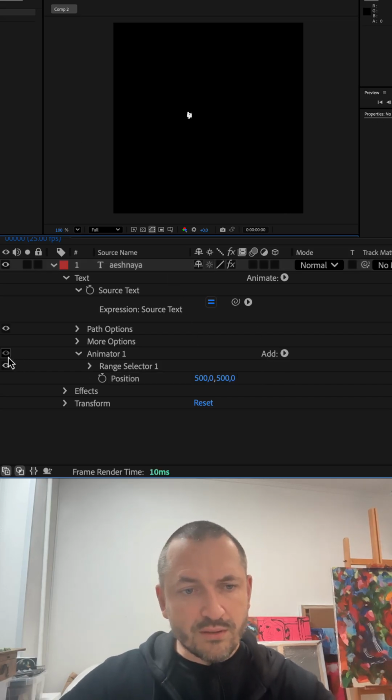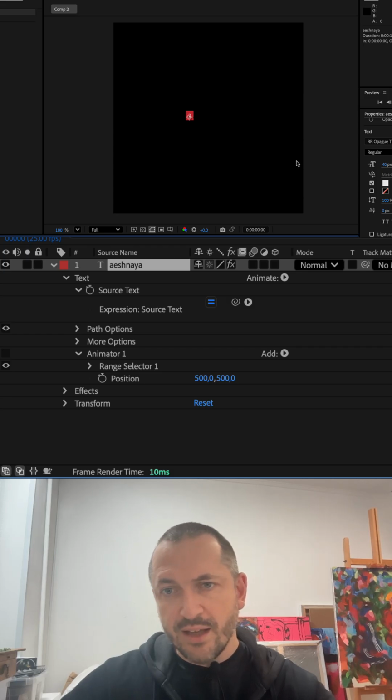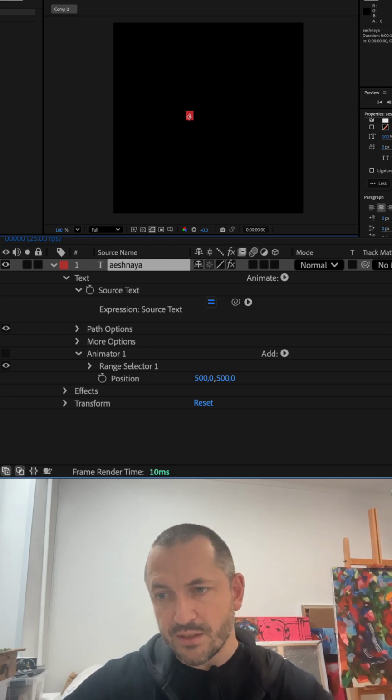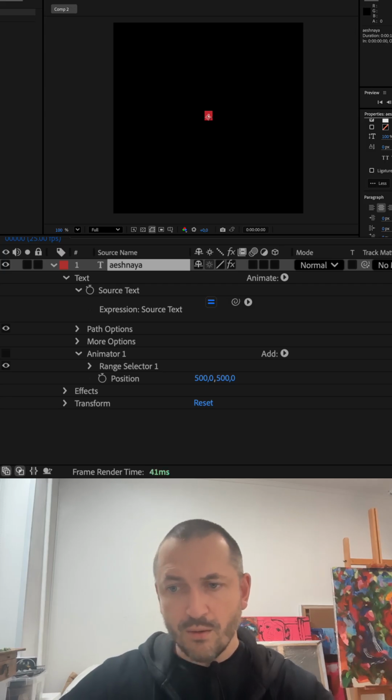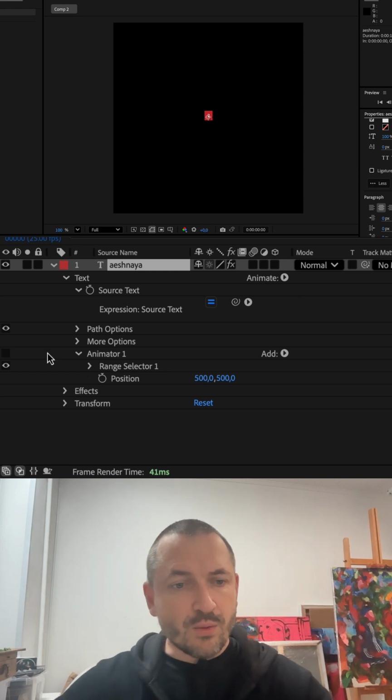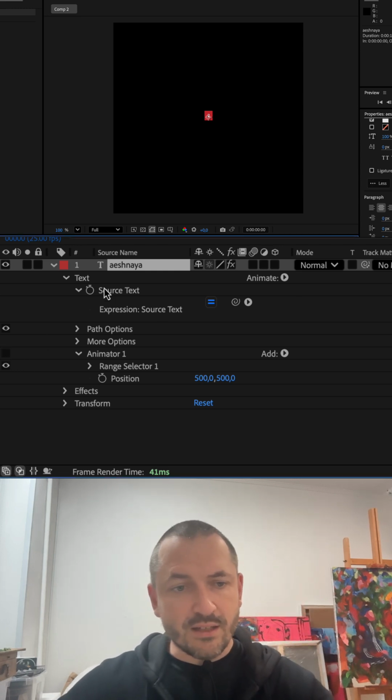Also, I will switch off the animator and put everything in the middle of the screen, just for convenience. So now I will have a diagonal here.